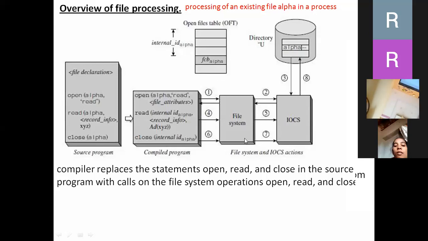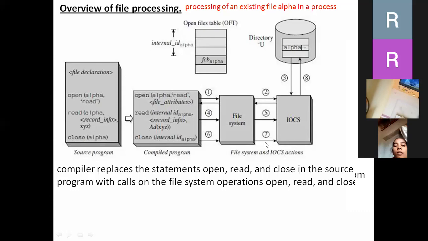Sixth step here, what you can see is the process will activate the close function. So the close operation has been activated by the process, with internal ID alpha as a parameter. So the file system will be able to activate this close operation.